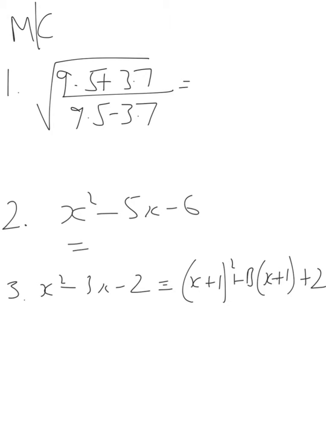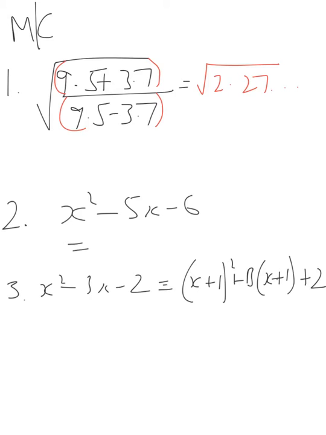Okay, for the multiple choice, number 1. Now you can either do the top line, find its answer, do the bottom line, find its answer, then divide both, and then square root, or we're going to use brackets for the top and brackets for the bottom, and wait for the square root, and we end up getting